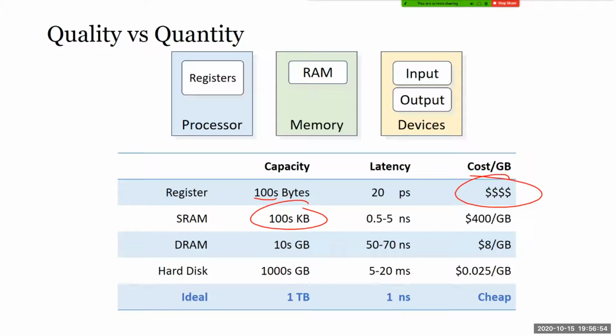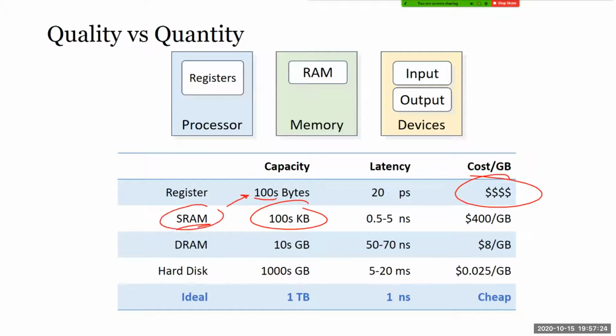Like I said, one register is 8 bytes. In a 64-bit architecture, you will at most have maybe 10 or 12 registers in your CPU, so you can only store 100 bytes. 100 bytes is definitely not enough. If you think about it, one instruction is 8 bytes, so your registers can only store 8 instructions. That's not very much compared to SRAM.